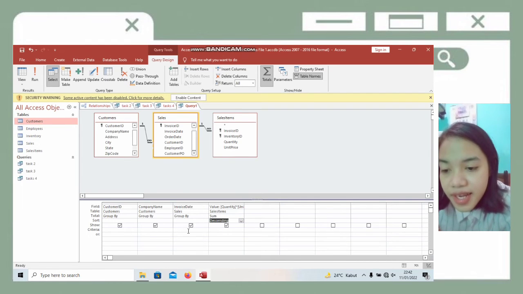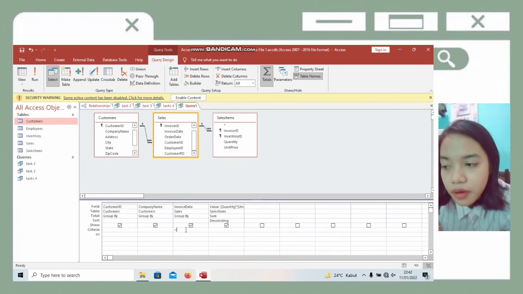Then in the criteria section on the invoice date we type more than or equal to #1/1/2015#. Don't forget to add the hashtag.